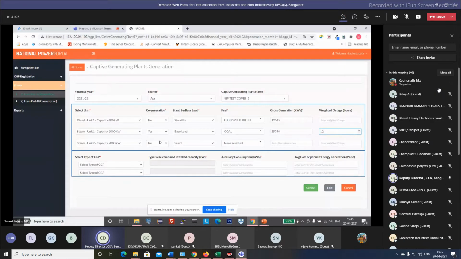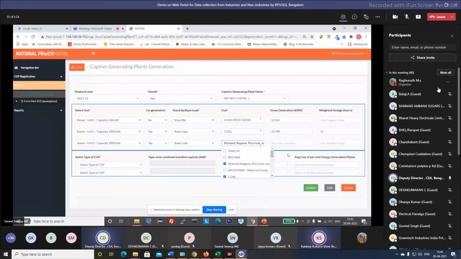Sir, this is Kuldeep from Renuka Sugars. For cogeneration plants, if the boiler is operating on multi-fuel, how should that be mentioned? Sir, you can add multiple fuels here. If you are using coal as well as biopower, you can select both. In cogeneration, you have to split up the capacity and add each individual type.